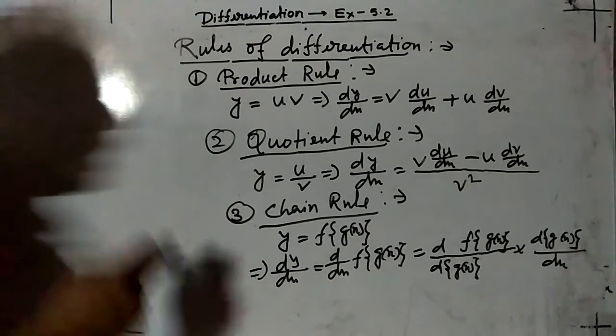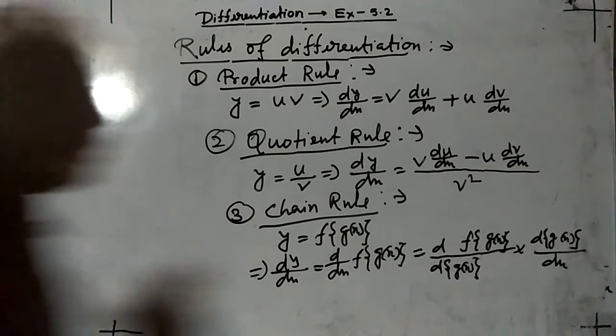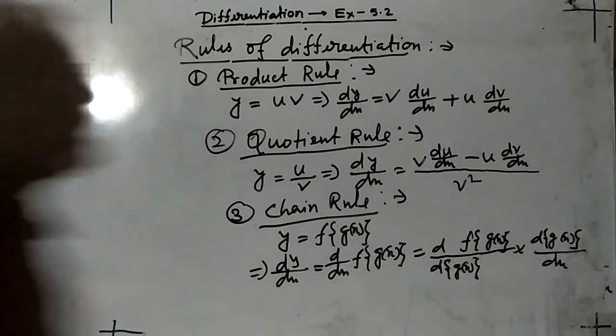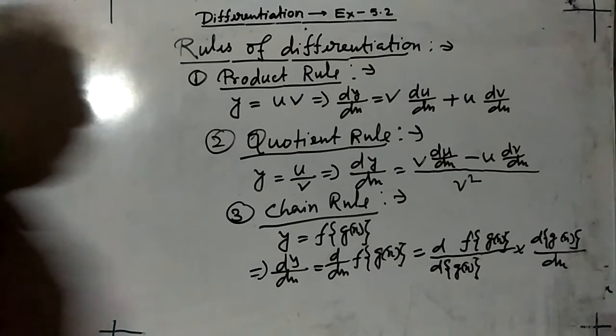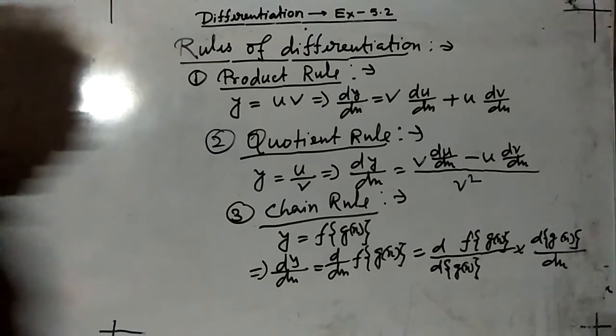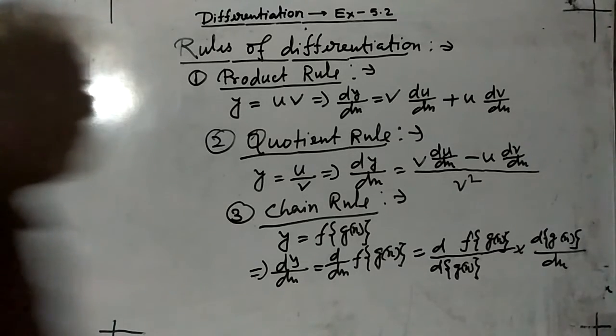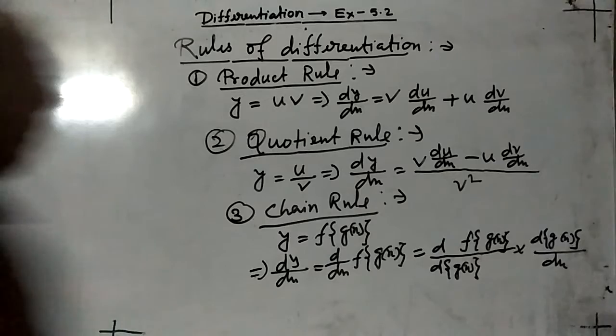So here three rules and total 5 functions' derivatives we have to learn properly, we have to remember properly, then we'll be able to solve 5.2, 5.3, 5.4, and this is our new topic. So now I start this topic first, and I hope you will understand properly. So we are going to start exercise 5.2. Some questions I'll solve, some questions I'll give as assignment. You will try. If you face any problem, then through WhatsApp you can clear your doubts.